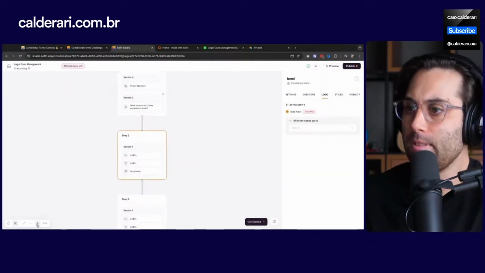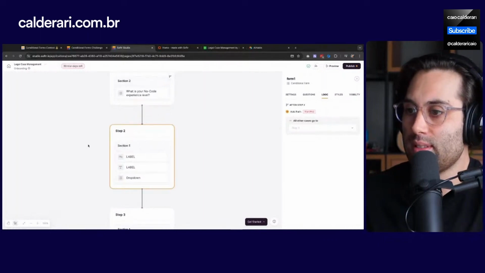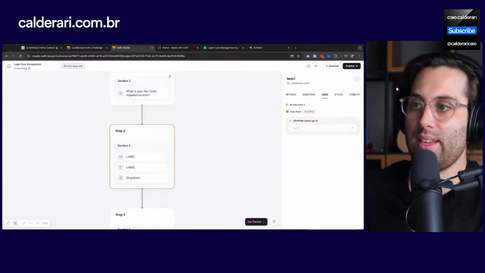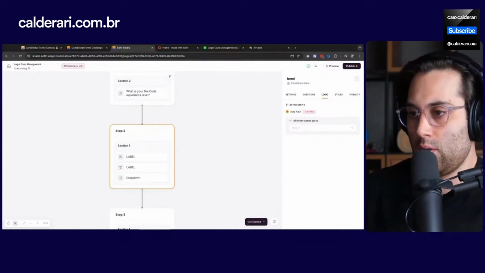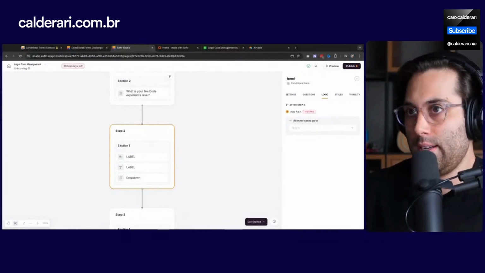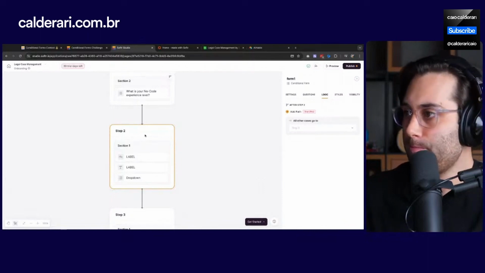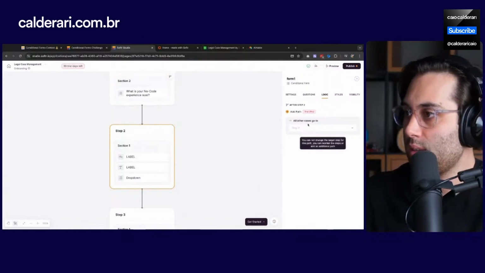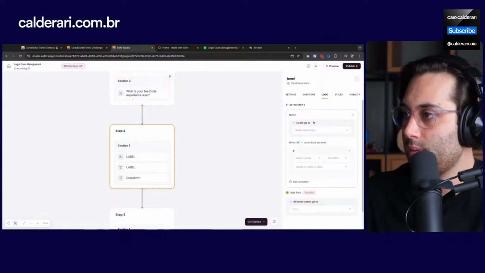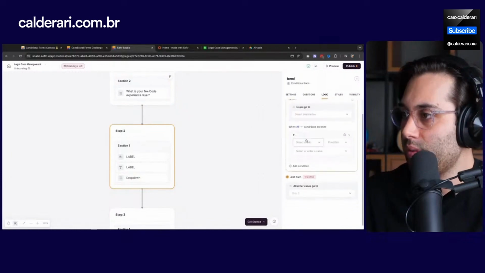Okay. Then I'm going to split this. I'm going to say, if your experience level is intermediate or advanced, I'm going to ask what tools you use. So that's step 2. So let's say add path. If form answer is